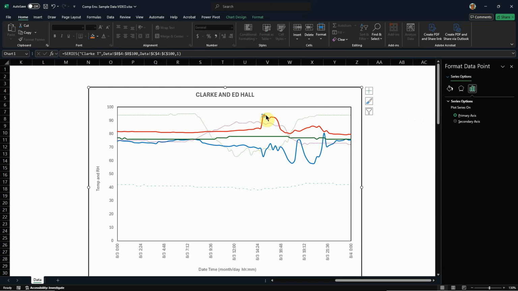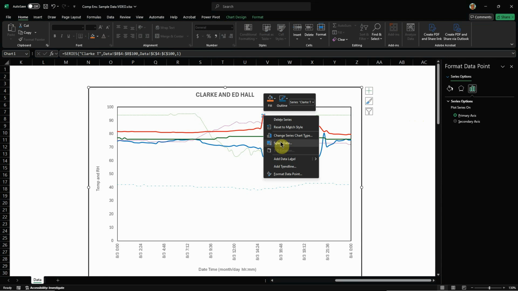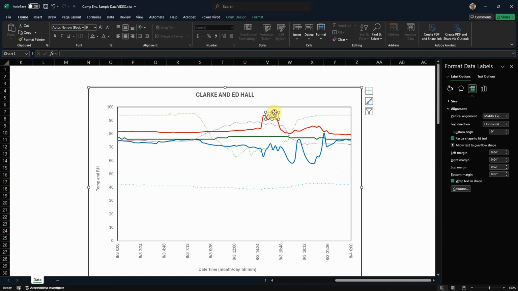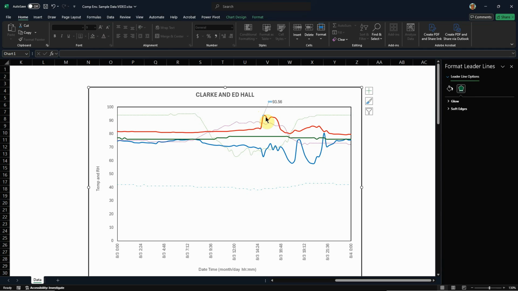If I select that point and I right click, I can say add data label, and then I get a label there. I pull it up, it'll have a leader on it. I can also come back and I could give that point